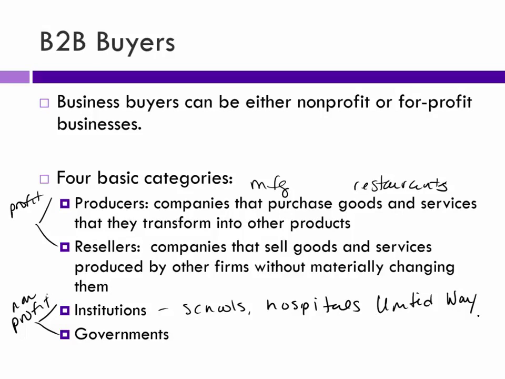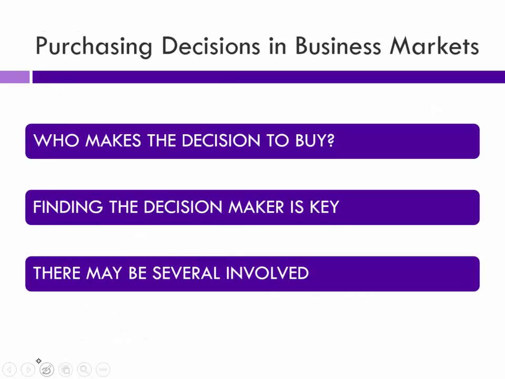They can't just raise their price, because they're asking essentially for donations, or for the government it would be taxes. And so holding down costs sometimes becomes even more important for them. Again, they're not trying to maximize profit, but they're still trying to maximize the good that they can do, or the number of people that they can help, or services they can offer, whether it's a school and students, or something like that. So a lot of the same things that we're talking about still apply to them. It's just for a different motivation there.